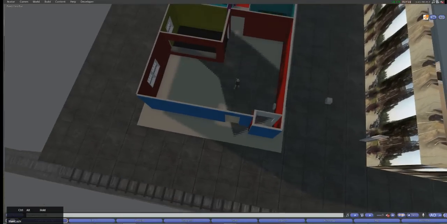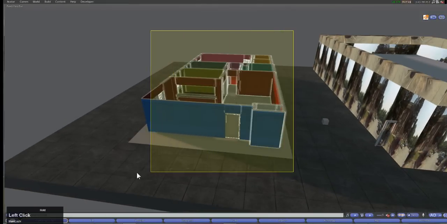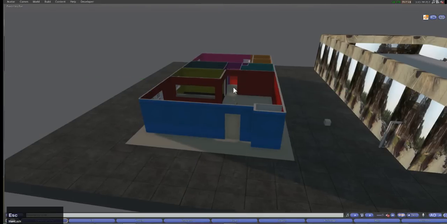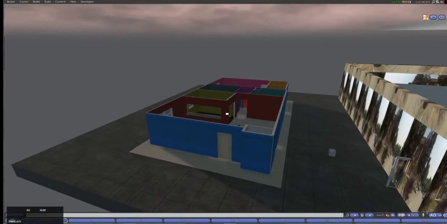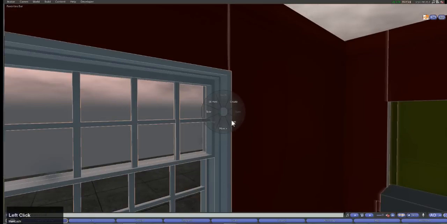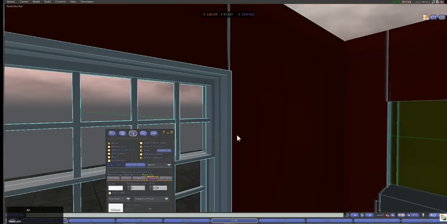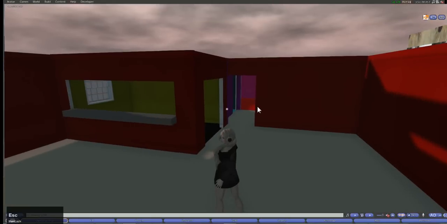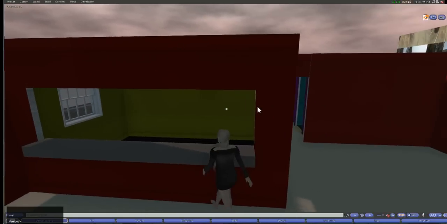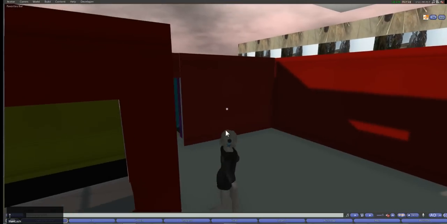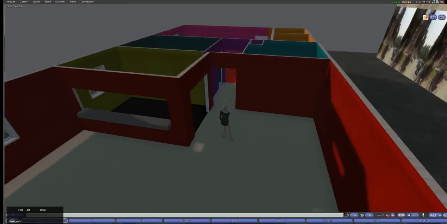Okay, so what we are going to do now is grab everything again. And guess what we're going to do? Link it together. You see how it was like 80 something, but the fact that it's prims combined with mesh, it dropped down to 40. It's weird, that's how mesh is. Mesh and prims glitch out Second Life when they do that. Sometimes it's good, sometimes it's bad, but right now, that's good. And if you want, you can just leave it as is and not let it be this Nickelodeon dream house, but